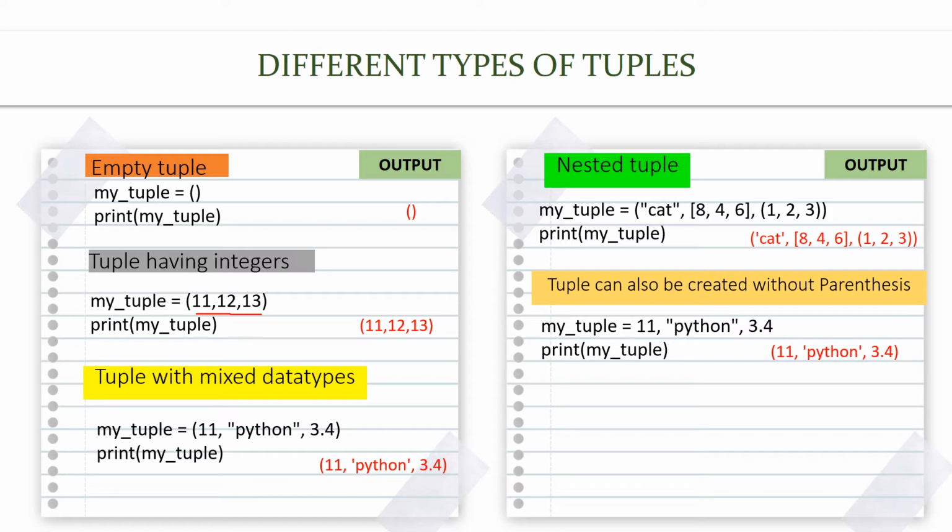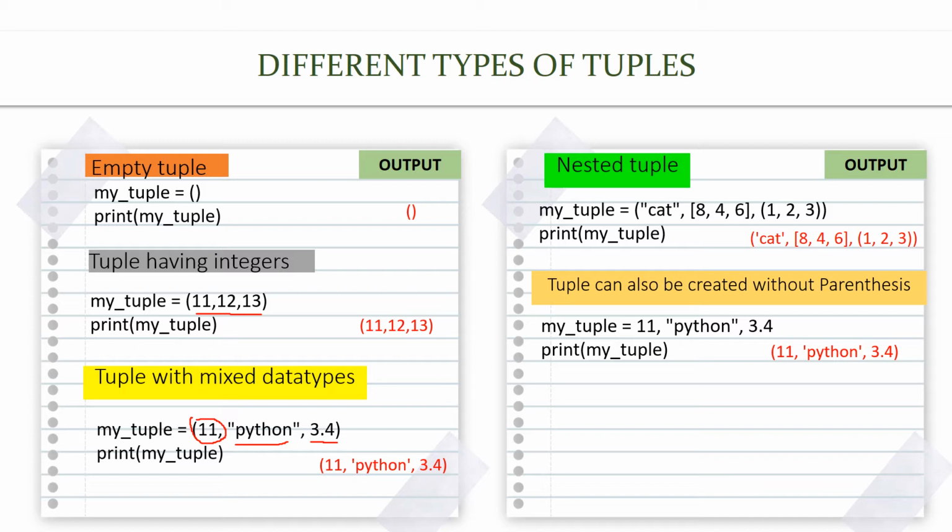The next one is a tuple with mixed data types. Here I have an integer value, a string, and a floating point value, so there is a combination of data types. When I print this tuple, we see 11, the string, and the float value 3.4. The next one is the nested tuple.